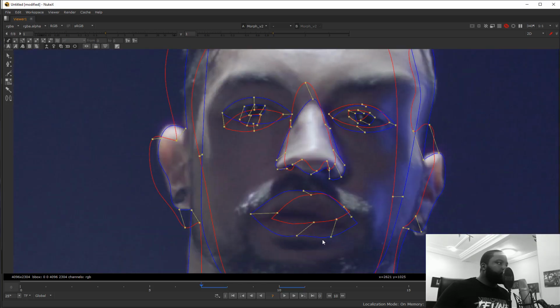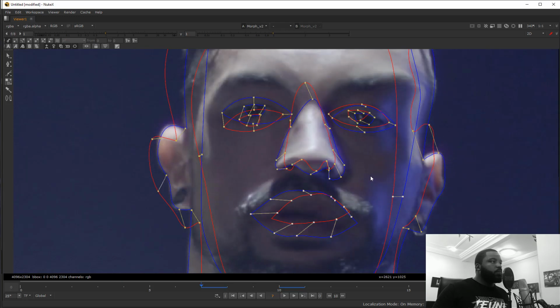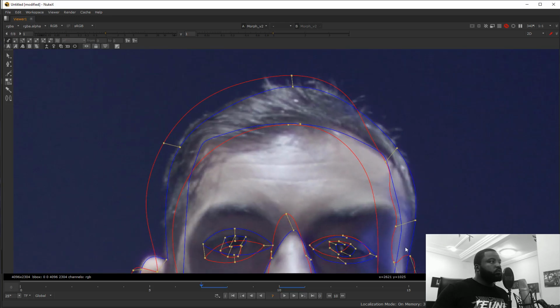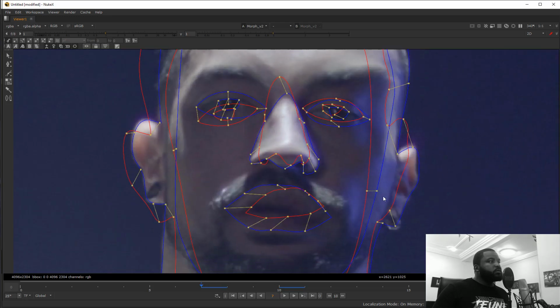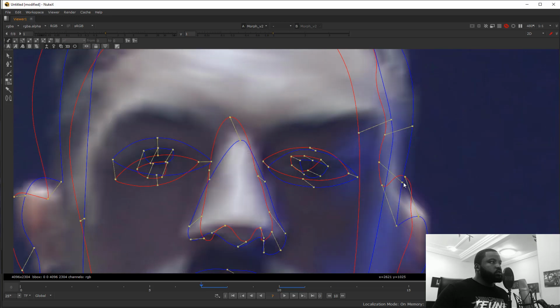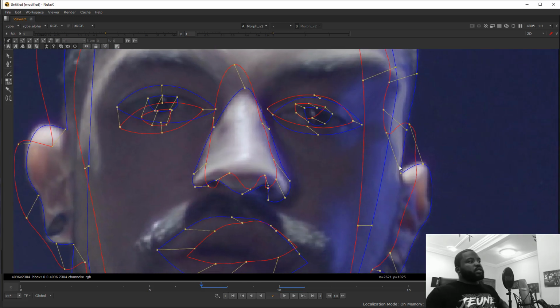For the mouth, you can add one corresponding point there. Okay, I have one here. I think I'm going to add one point there. Try to correct some issues we have here. But this one doesn't have one point. If I add one point there now, this here, yes, okay, I understand why.